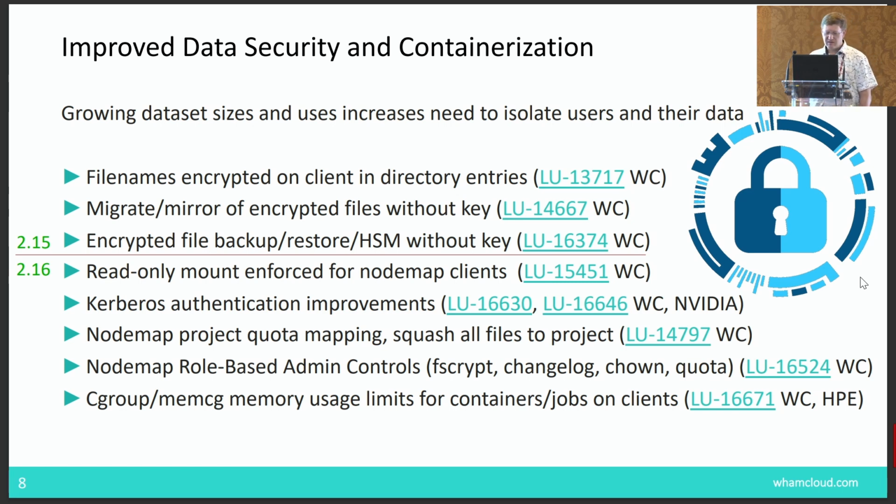Sebastian has talked about security, so I won't go into very much here. We did FSCrypt, that's all been released. Kerberos improvements is ready for 2.16, and some of it's already landed. Node map, lots of improvements in node map, so you can do all kinds of administrative controls for subdirectory mounts,